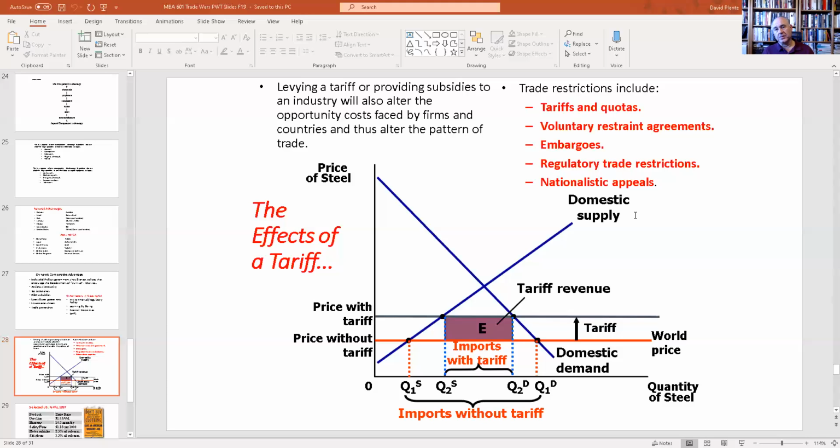It's going to hurt producers who use steel in the production process because it's going to drive up the price. It will probably hurt foreign producers. It'll help the government by giving them some revenue, although tariff revenues are not huge now relative to what we get from income and other taxes. It'll also help the workers in this industry, but it might hurt the workers in other industries. This becomes a little bit more complex about the domestic firms